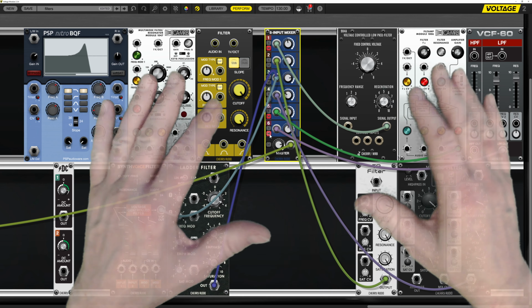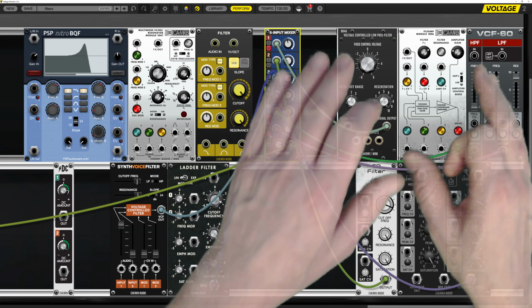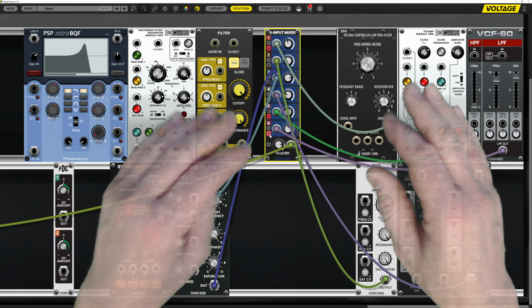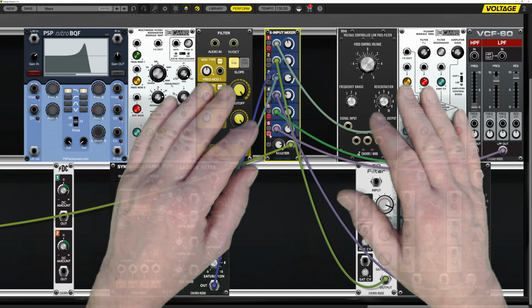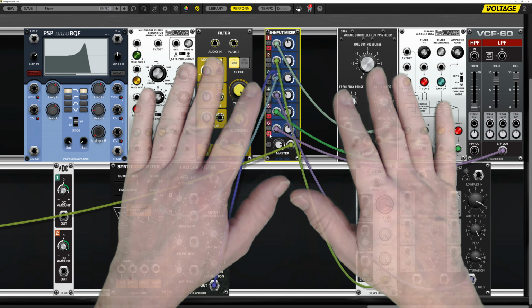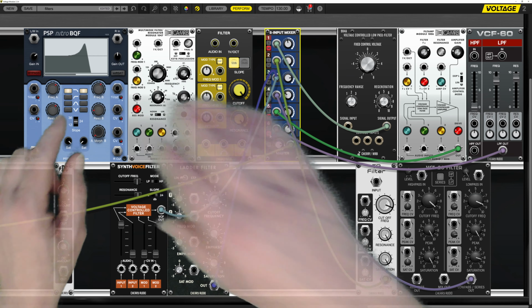And to be honest, this is the area which we're most interested in when we're doing our sound design today. And as I say, there are many other filters within Voltage Modular. This is the one I'm actually going to be concentrating on, from the new VM900 range, mainly because it's a new toy. But just before we step into that arena, I just brought up this PSP Nitro here